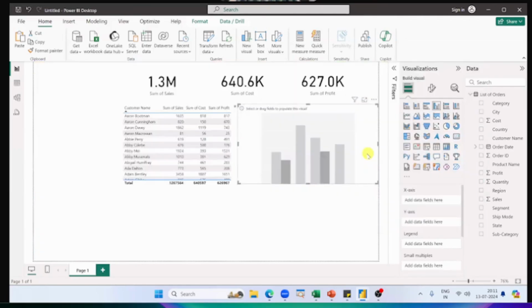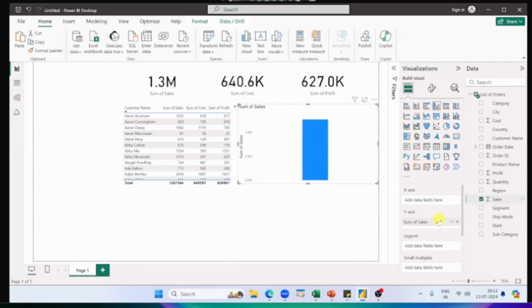So we will start off with what we actually know, which is our subcategory and sales, our x and y axis. So what will be our y axis? As we discussed, vertical sales, correct? I will go ahead and put my sales. Where is my sales? Sales as my y axis. The moment I add sales as my y axis, do you see this? Now I have one big column. That's it. And if I hover over this column, I will see